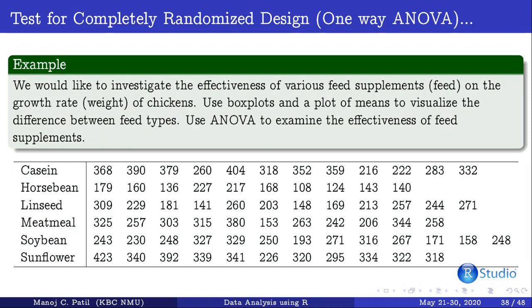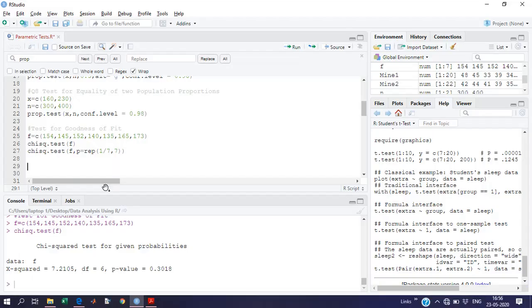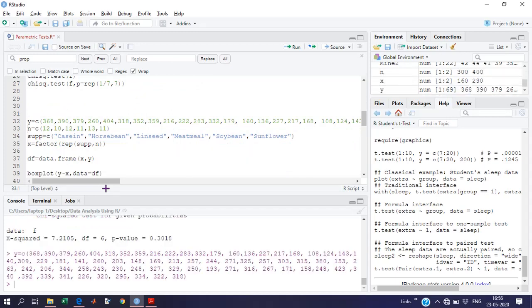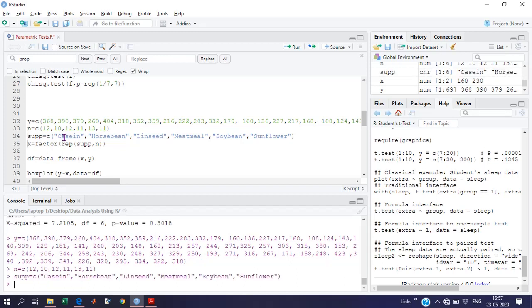As they have asked us to plot the box plots, we can go ahead and use boxplot, Y tilde X, as X is the grouping variable and our data is stored in data frame df. Here are the y observations, n, supplement and x.